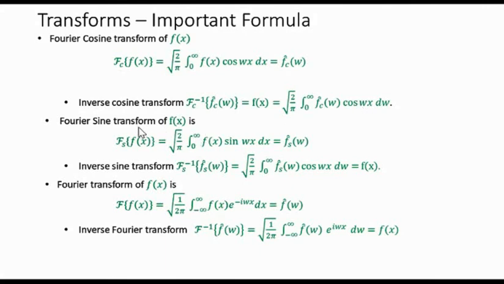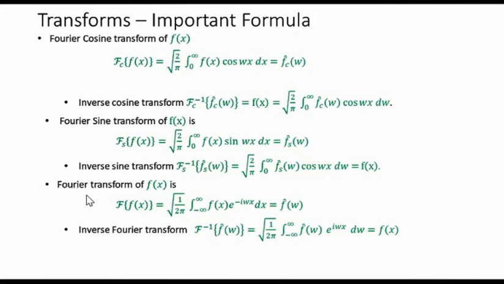Similarly, you can write the Fourier sine transform of f of x. The notation is Fs of f of x, and also Fs cap of omega. It is defined in the same way as here, and the only difference is that instead of cos we will be having sine, and the inverse formula is also the same, and instead of cos here it has to be sine. So this has to be sine omega x d omega.